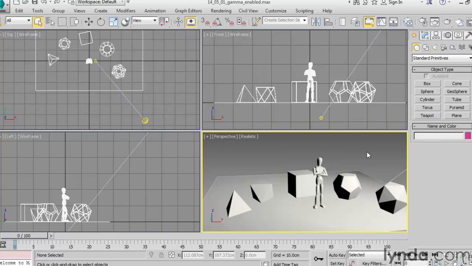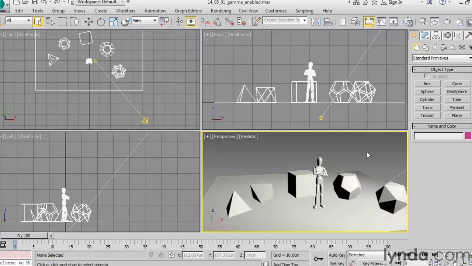In this example, in this scene, I'm using standard lights, but gamma correction is enabled by default. And what that's going to do is it's going to sort of wash out my rendering. And I would have to adjust all the colors of my lights and materials in order to get a more darker or saturated look. However, if I just disable gamma correction in 3ds Max, then I won't need to worry